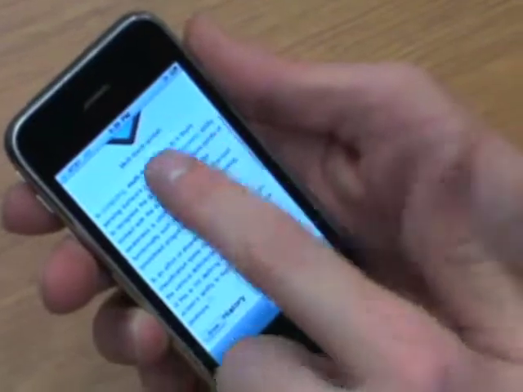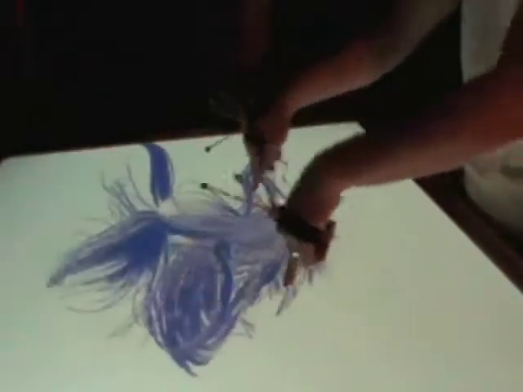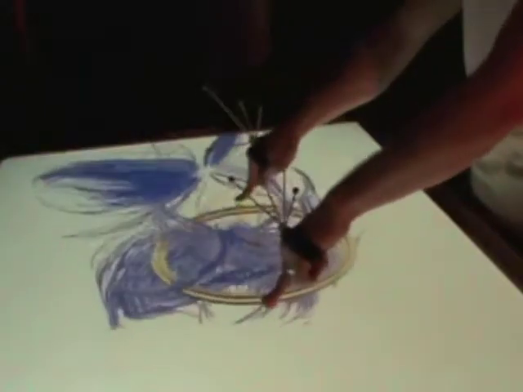Multi-touch input is both immediate and intuitive, providing rich interaction from multiple points of contact. However, the interaction is limited by the two-dimensional nature of the input, particularly when working with three-dimensional content. To move beyond this limitation, we introduce the concept of anchored multi-touch gestures, where the posture of the hand is